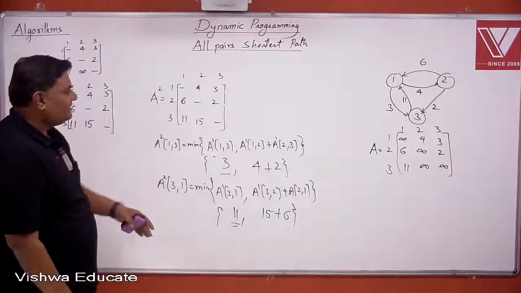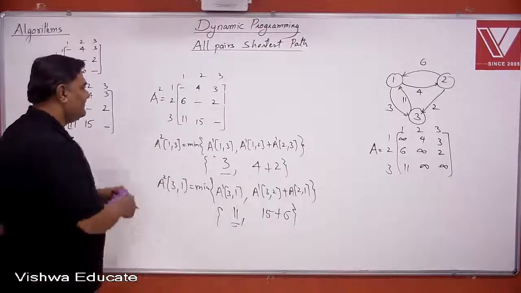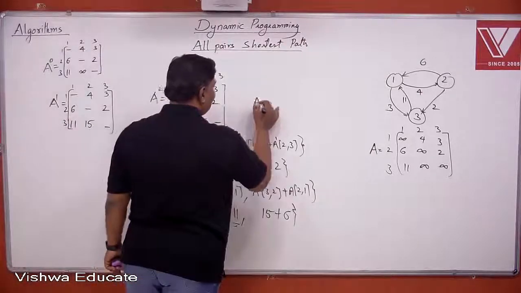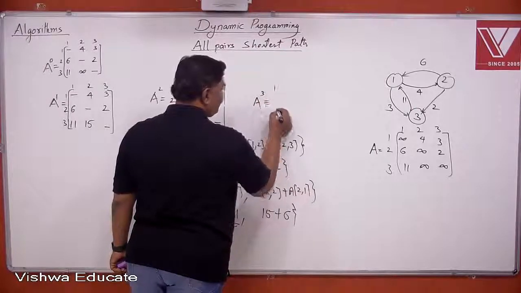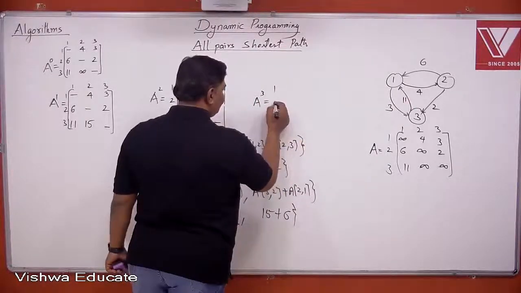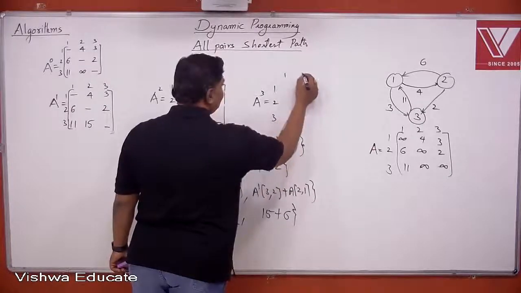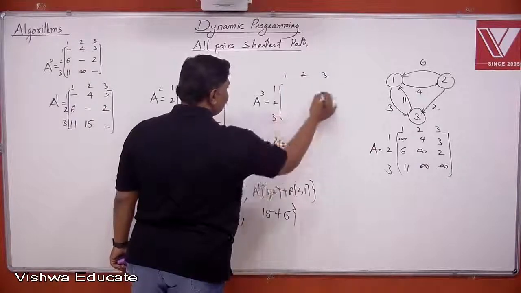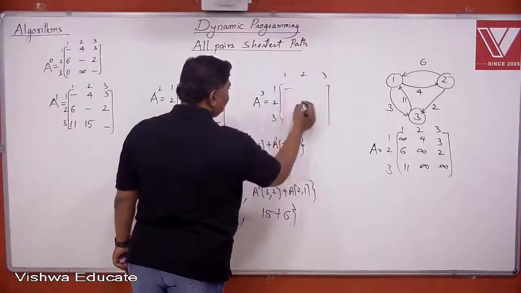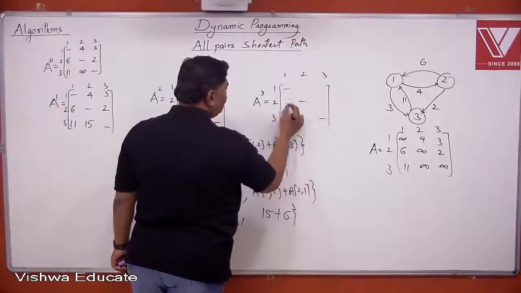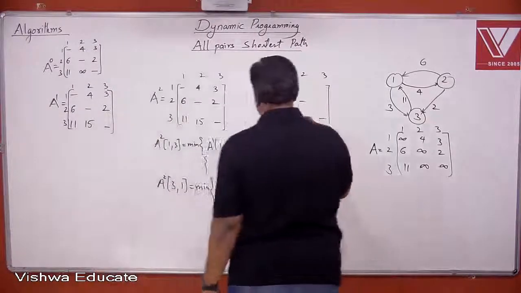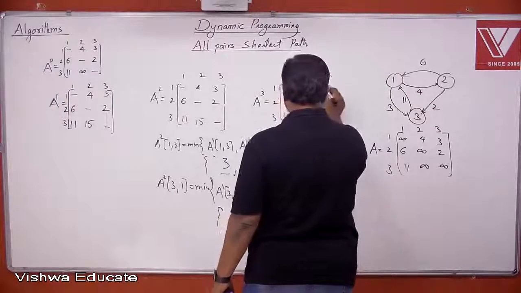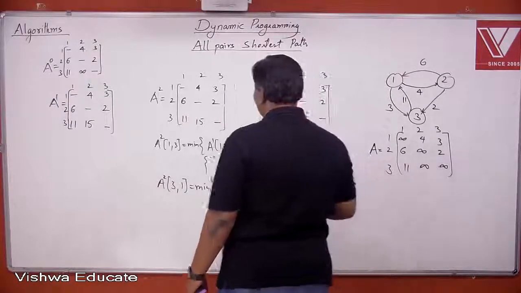So in this way, now I will not show you the formula. Directly I will write on third matrix. So A3. So that's all. We have to prepare 3 matrices because there are 3 vertices. 1, 2, 3. 1, 2, 3. In this, these are infinity, right? And third row, third column will not change. So 11 and 15, and this is a 3 and 2. Then